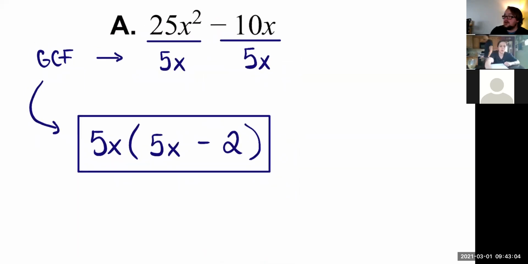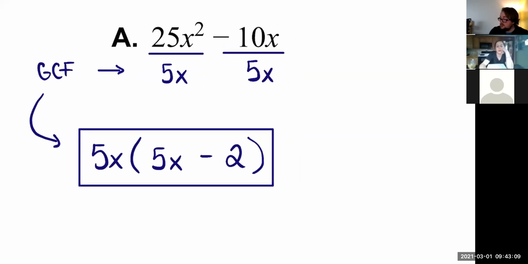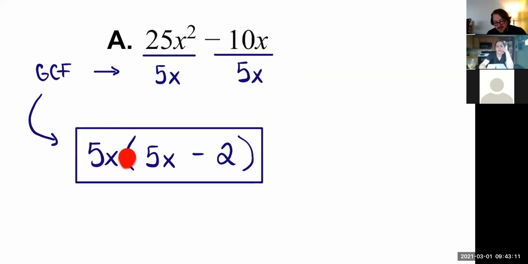Now, how could I check real quick that this is in fact correct? Could we just distribute? You could imagine what would happen if you distribute. 5x times 5x would give you 25x squared. 5x times negative 2 should give you a negative 10x. Again, we're not solving anything yet, because the one thing we haven't introduced yet in this unit is the equal sign. So we're not solving anything, we're merely changing the appearance